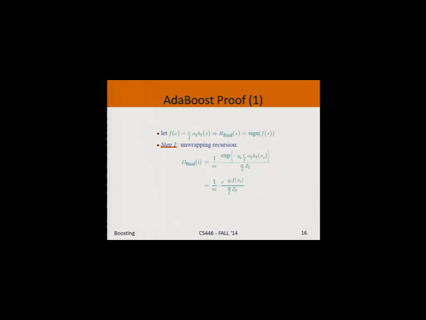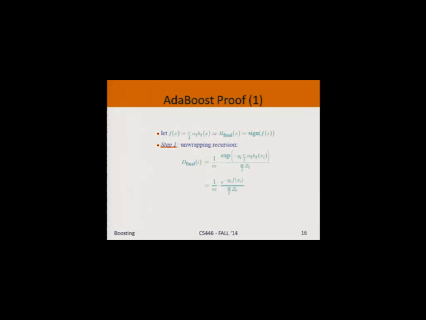So the first interesting step that we're doing is we unwrap the recursion. Remember, what was the definition of the distribution? In each round, we took the previous distribution and we multiplied it by e to the minus alpha t or e to the alpha t. So now that I open it, what do I get? The weight of i in the final distribution is 1 over m, this was our first step, times e to the alpha t or minus alpha t or plus alpha t, which we've written as negative yi times alpha t times ht. I multiply all of them,